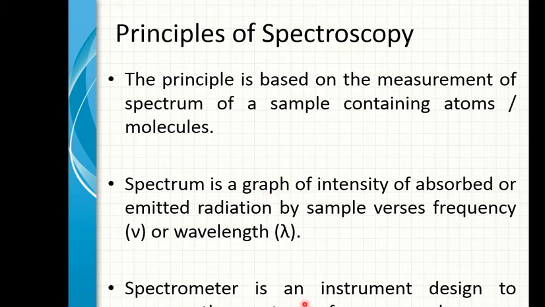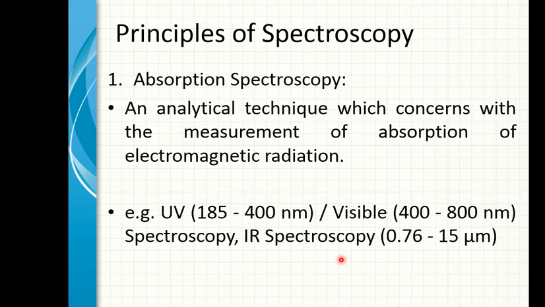A spectrometer is an instrument designed to measure the spectrum of a compound. Different instruments use different parts of electromagnetic radiation, and so there are different interactions between the electromagnetic radiation and the sample. Firstly, there is absorption spectroscopy,